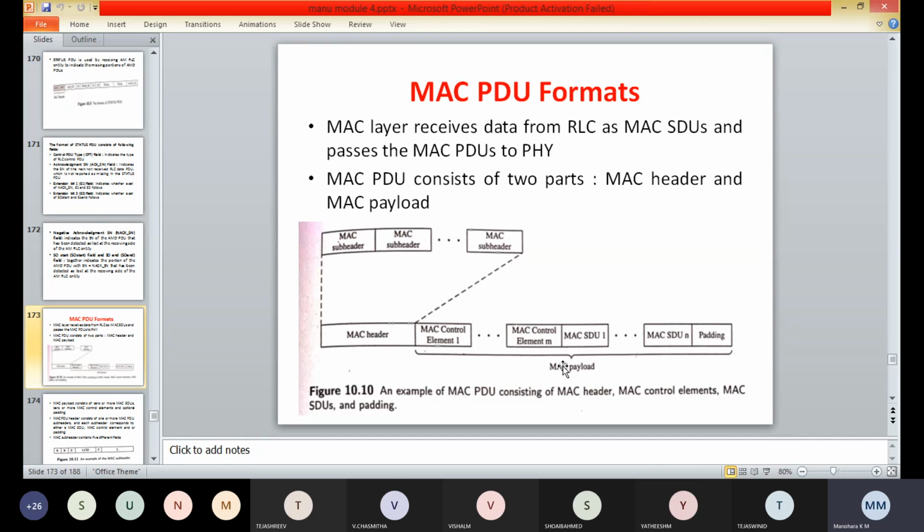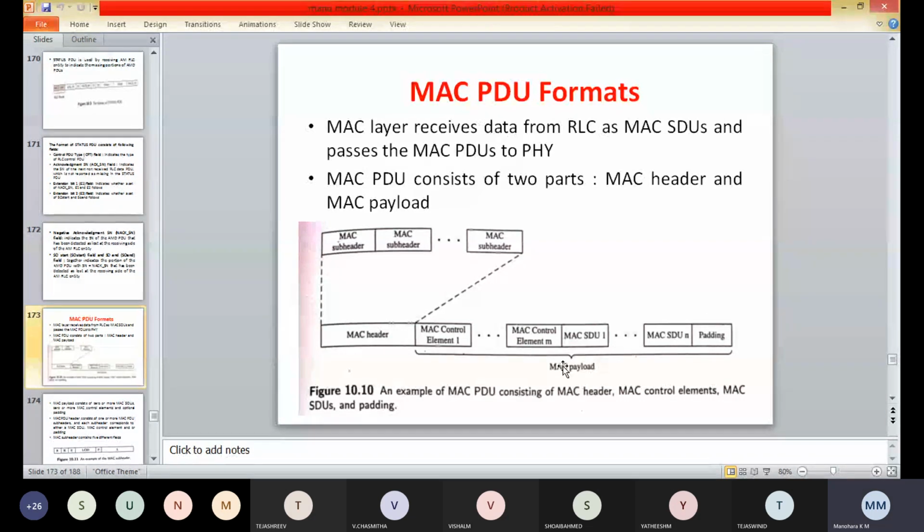The MAC PDU header will consist of one or more MAC PDU subheaders, each subheader corresponding to either a MAC SDU or a MAC control element of variable sizes.